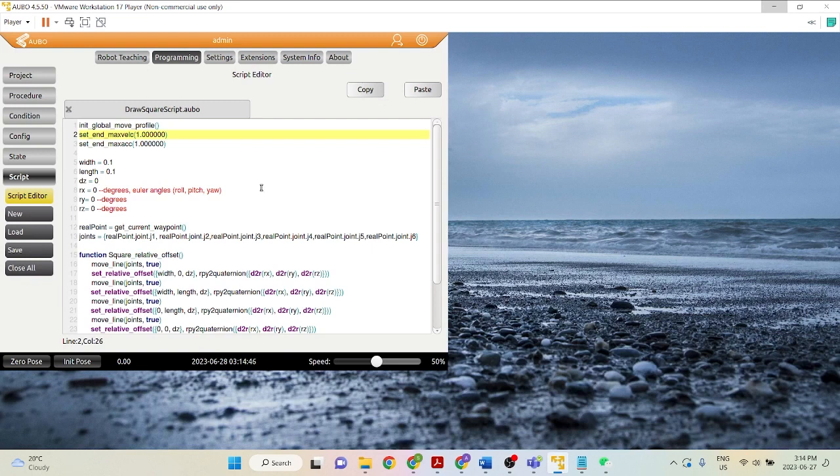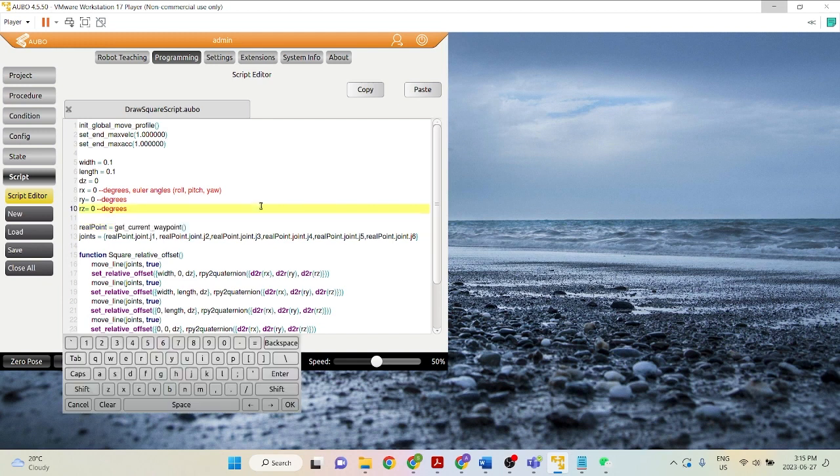Let's just say we want to draw a square with the AUBO robot. However, we don't really care where we start drawing the square. We just want to find out where the current location is and just draw a square at the current robot pose. So to do so, we call get current waypoint to find out what the current pose is, and we